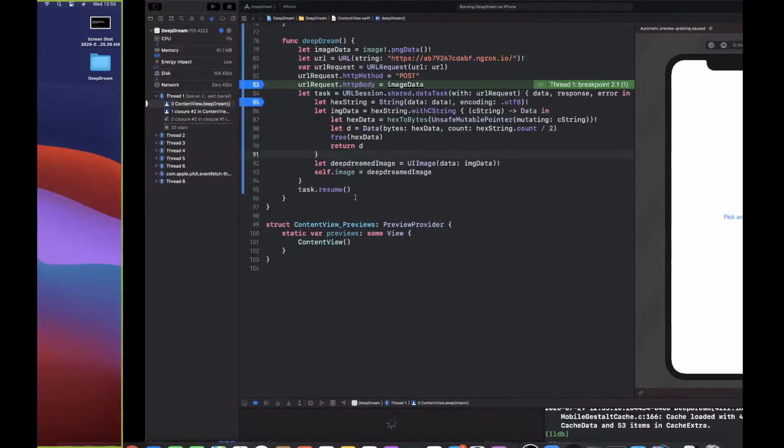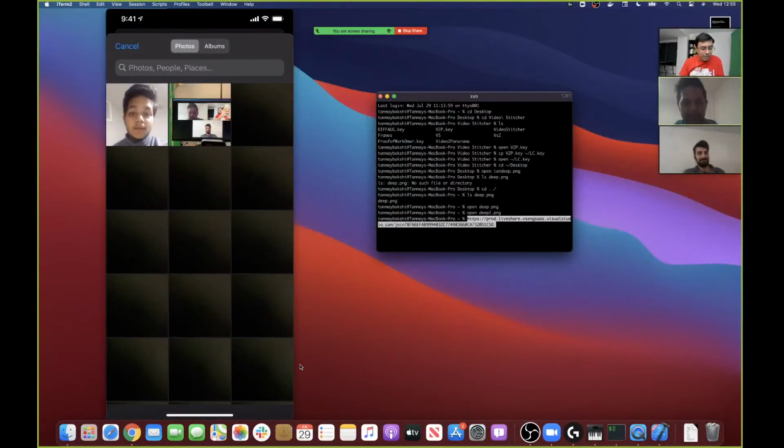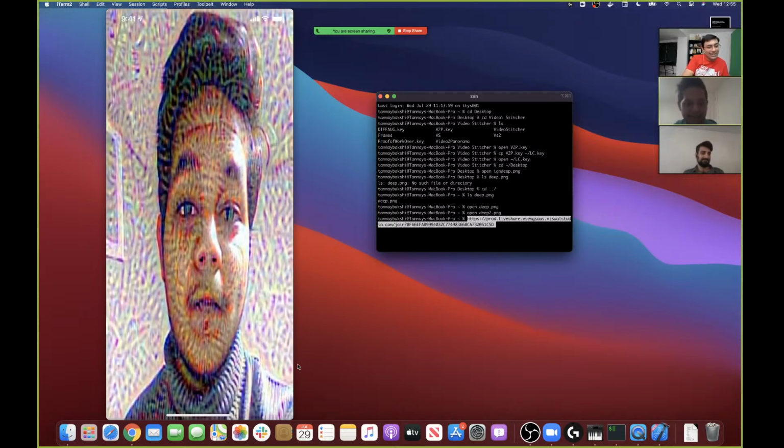And this time there's no break. Oh, there are breakpoints. Well, we're gonna disable those so we have a bit more of a fluid. Okay, so it starts off just showing Labeeb, and eventually it gets deep dreamed. Alright. You know what? Let's do this. I'm gonna change it to a different